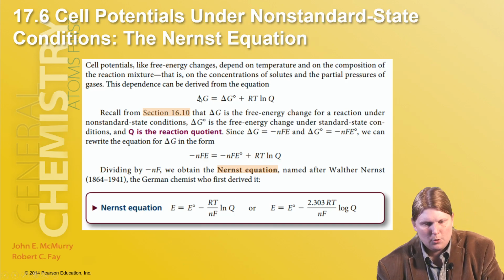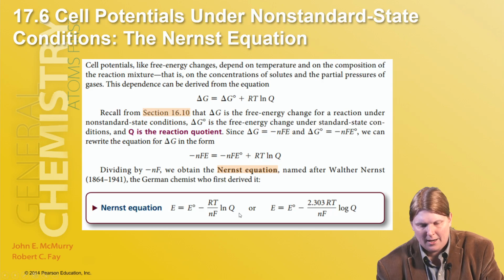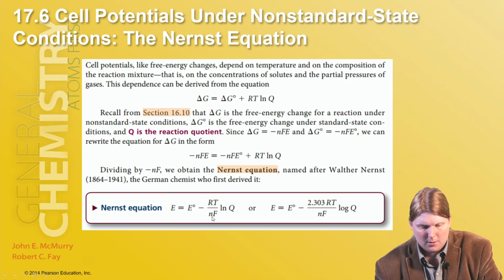And similar to the equations we saw in Chapter 16, it's going to relate an E cell naught to an actual voltage using a connection to equilibrium. It's very similar to the equation that we saw before, where delta G was equal to delta G naught plus RT ln Q. Here we get a similar relationship where E cell is equal to E cell naught minus RT over nF, the number of electrons transferred and the Faraday constant, times ln Q, where Q